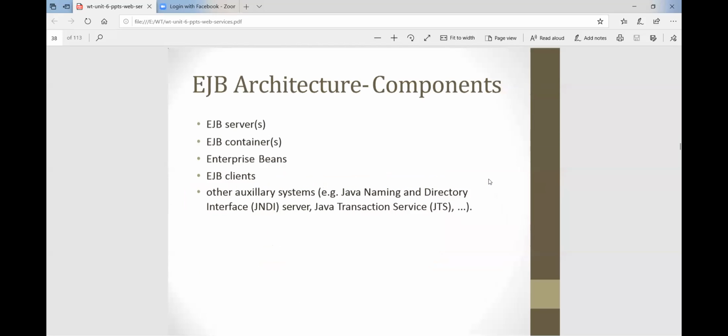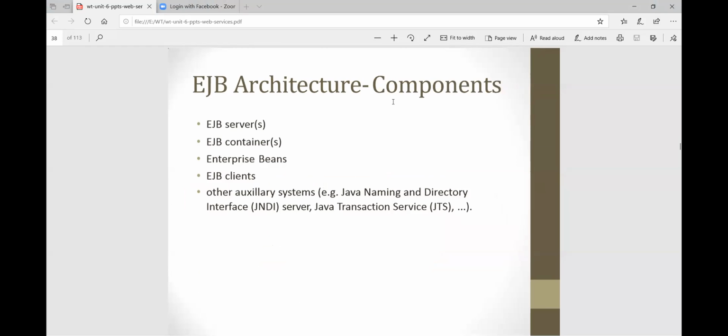Then next is EJB architecture components. The first component is nothing but the EJB server. Previously we saw in the diagram, the EJB server is the main component, and in that the EJB container is there.